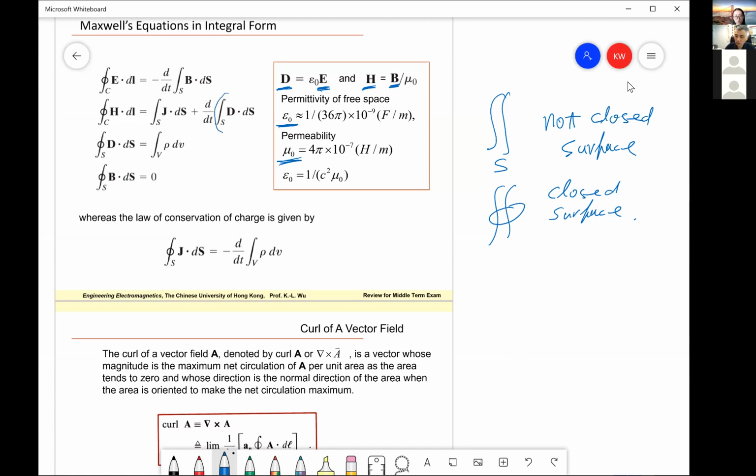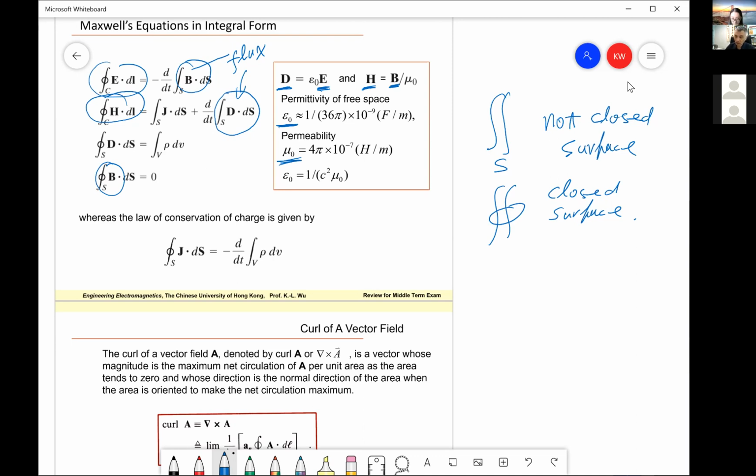Because here we calculate the flux on D, here we also calculate the flux on D, and here too. That's why we call B and D the flux density. The other two fields are related to line integration, and we are not calculating flux, so we call them field intensity. Maybe that is the reason people call one field intensity and one flux density